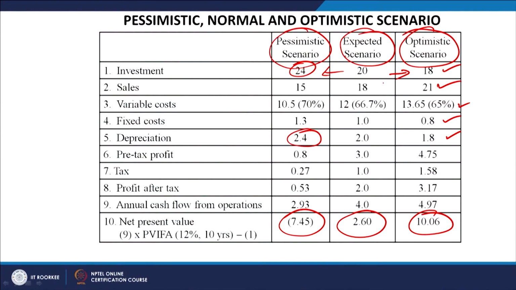But under the pessimistic scenario, if the difference between NPV of the expected scenario and the pessimistic scenario is seriously high, then we have to think it twice. For example, in this case, NPV of this most likely scenario is 2.60 positive NPV, but here the negative NPV is almost, you can say, approximately 3 times of the NPV which was expected in the expected scenario. So, now in this case we have to carefully look at whether we should go for establishing this floor mill or not, because if expected things happen, fine, it is acceptable. 26 lakhs of the NPV is expected over a period of 10 years.